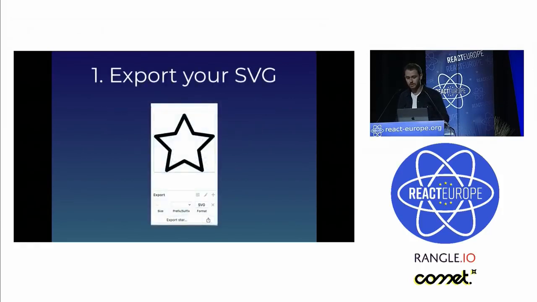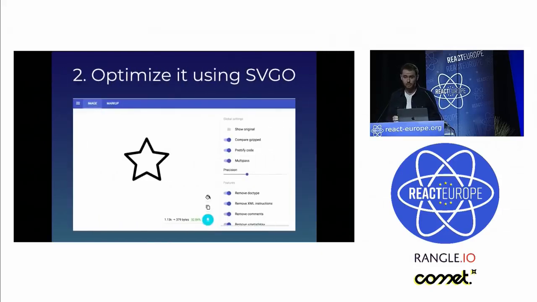The first one, you have to export your SVG from your design editor. In my case, it was Sketch, and from Sketch, you can export an artboard to an SVG file, so it's pretty simple. The next one, you have to optimize your SVG. Sketch does not optimize SVG, and the best way to optimize it is using SVGO. SVGO has a nice online GUI. You can just paste your SVG code in it, then you copy the result, and it's optimized.